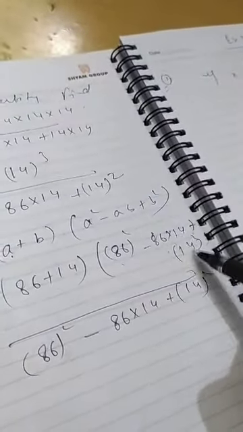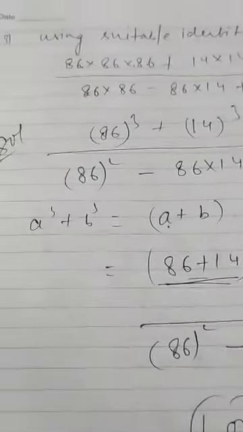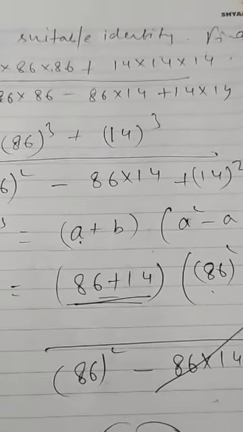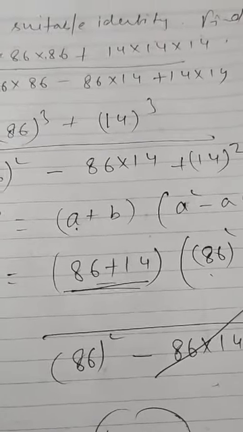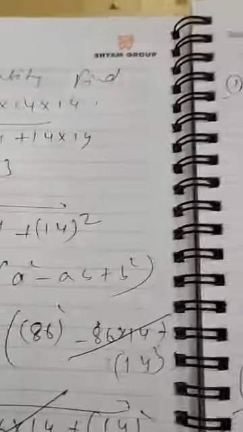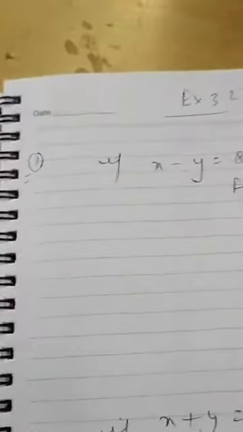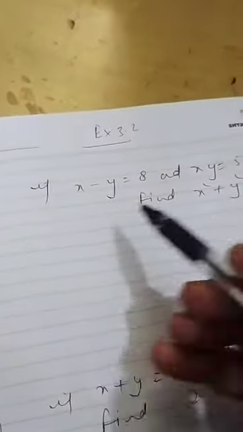So this was all about the first exercise. Students, solve all the questions of the first exercise, ask your doubts in the group, whatever you are having, and you can call me also if you are not getting what is given in the question and how to solve. Now we will move to the next exercise, that is 3.2.